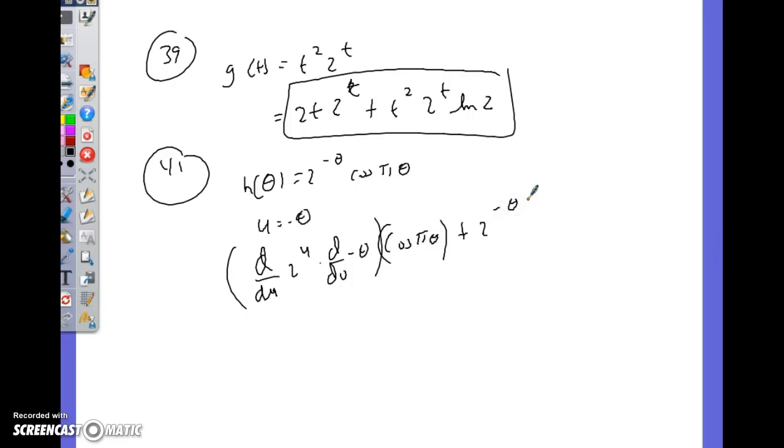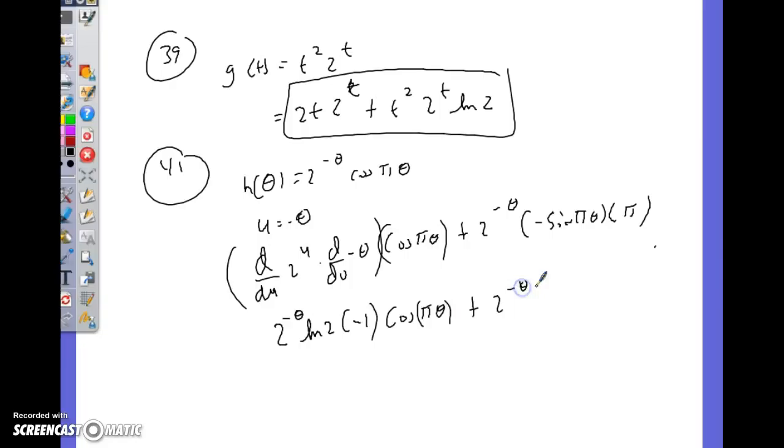And then I got to do the derivative of this, which would be negative sine pi theta times pi, right? Because that's the inner outer. So this just becomes 2 to the negative theta ln of 2, agreed? Times derivative of negative theta, which is negative 1, times cosine of pi theta, plus 2 to the negative theta